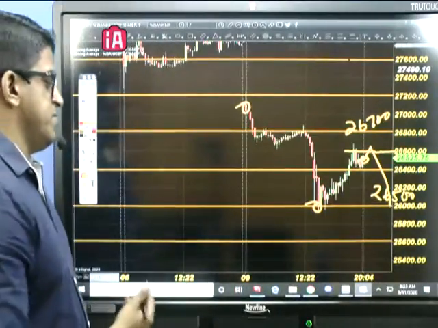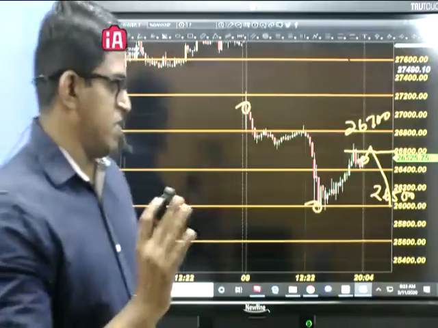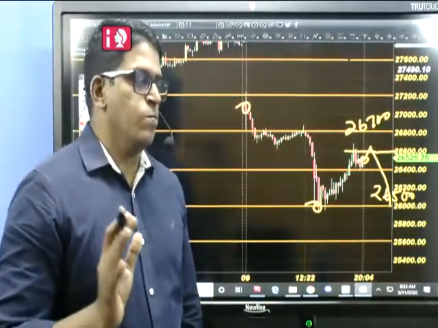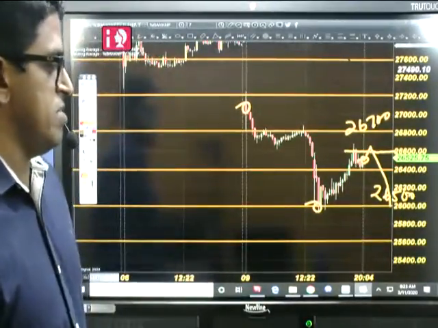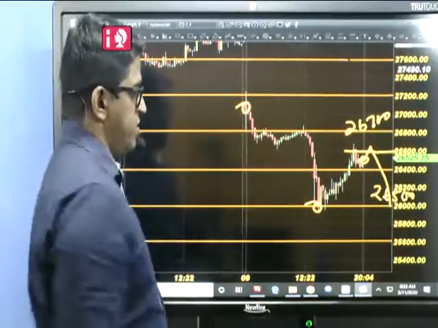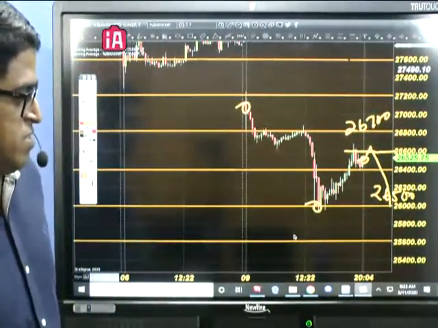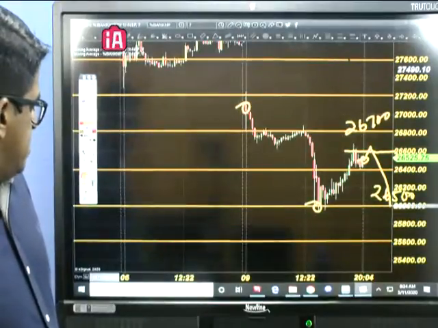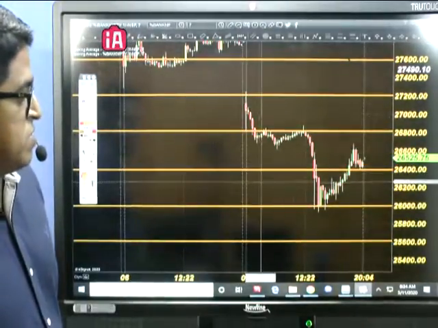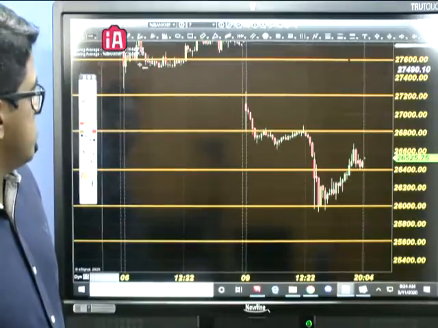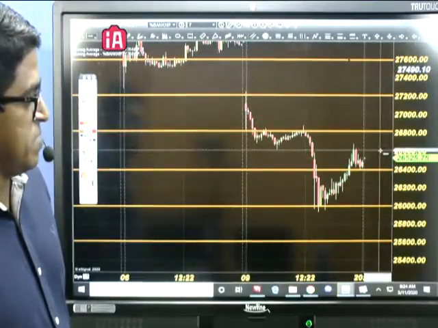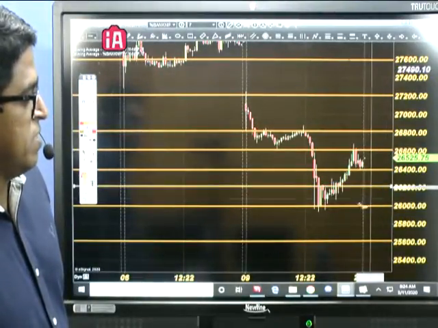You can book minor profits. See, our prime focus is only on the day trading part. We don't want to hold the positions. We don't want to catch these 1,000 points on every drop. We want to stay with consistency. As day traders, we know that the only thing which can save us is consistency. We want to prove our strategy. We will pick something and we will come out of the market.